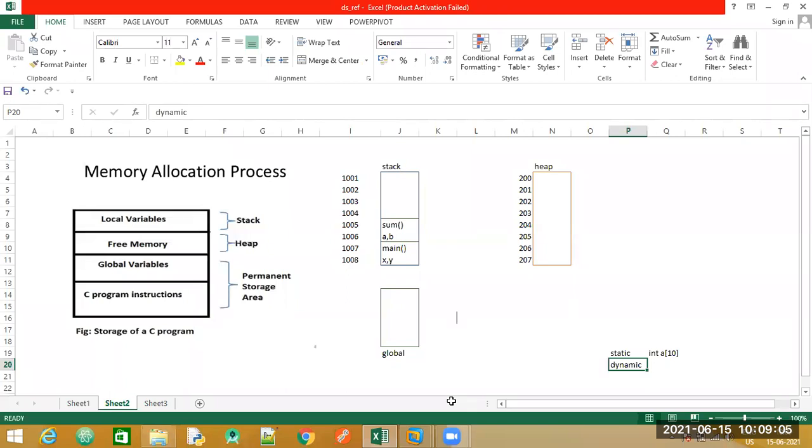So dynamic memory means wherein you allocate the memory space when you run the program, not when you compile the program. So first you write the program, you compile it and then you run it. When you are actually executing the program, at that time the memory is allocated. That is called dynamic memory allocation. So dynamic means you have the flexibility to either increase or decrease your memory when you execute it.